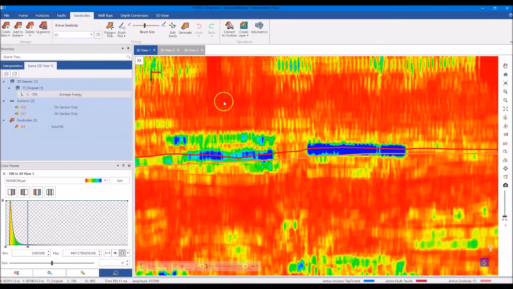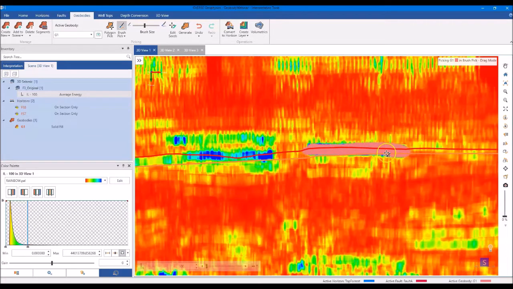To mark your seeds, we have two different modes that you can use. The polygon pick mode, where you isolate the area that you want to use as your seed with a polygon. You enclose it in a polygon, and that's taken as your seed picks. Or you can paint over it using a brush, what we call a brush mode. So just click on the brush and paint on the area that you want to mark as your seed